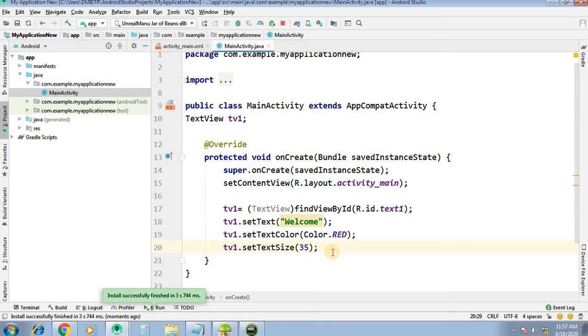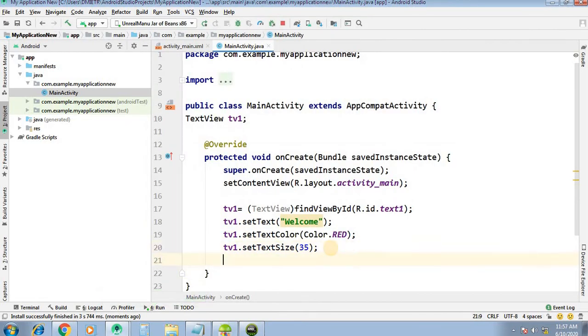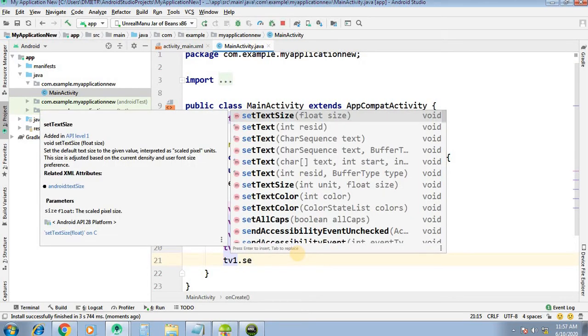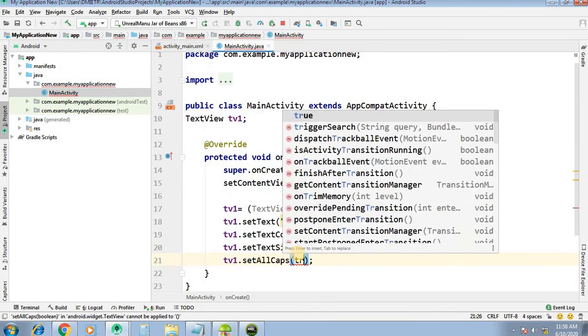Suppose we want to make all the letters capital. So the method is tv1.setAllCaps, setAllCaps equal to true.